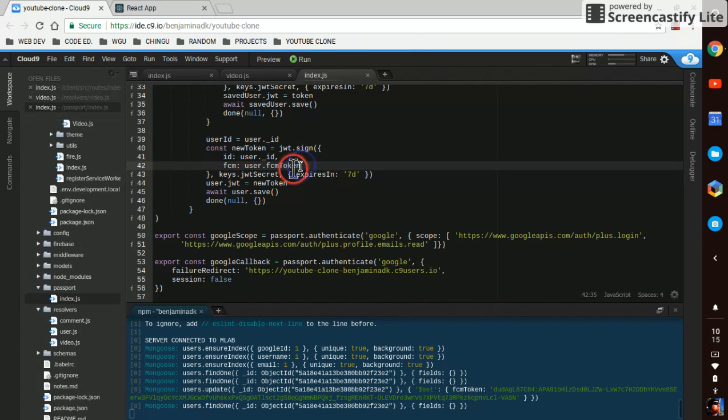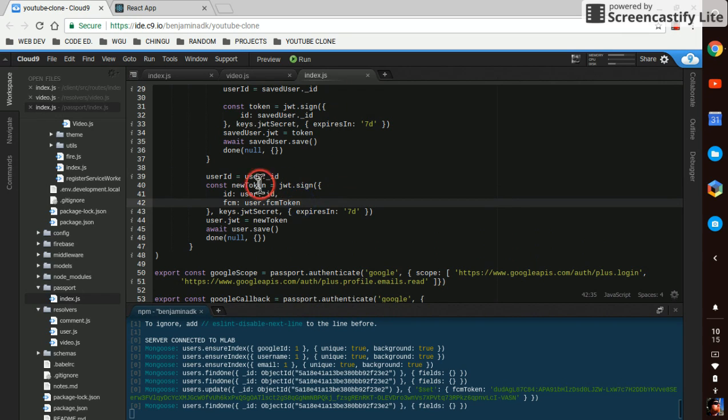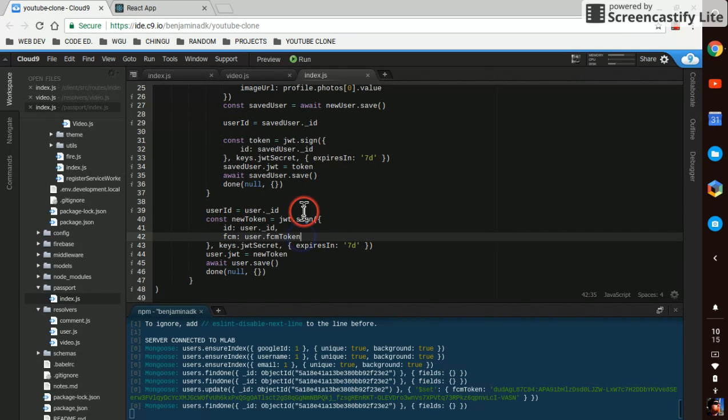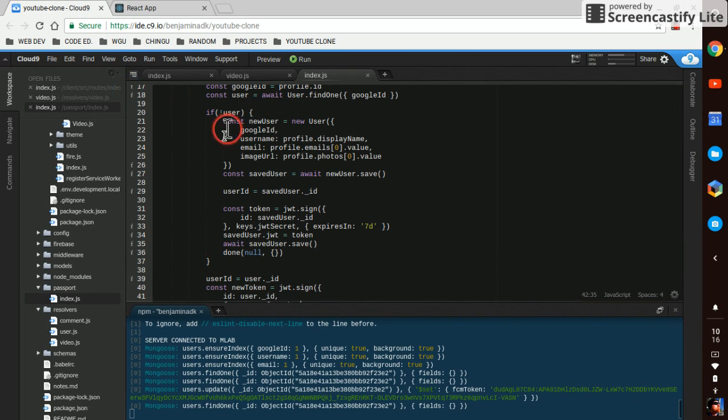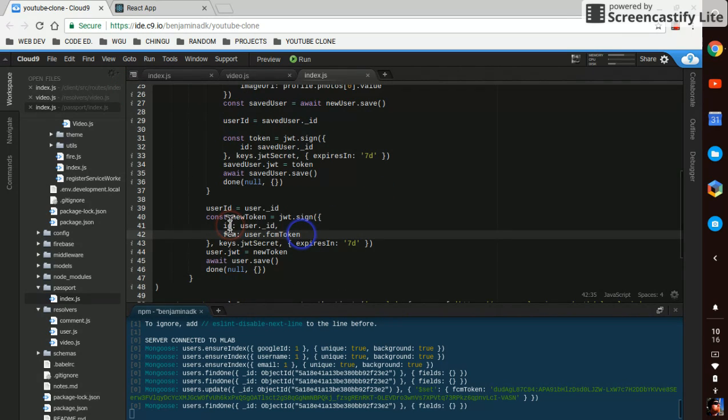When a user logs in and we create the token, now this will work the second time the user has to sign up, but then once the user signed up and they log in again, they'll enable this. So when the user goes through our passport OAuth, if we already have the user in the database, if we don't have a user, we create a new user like we always have. But if we have a user, when we write out our token,